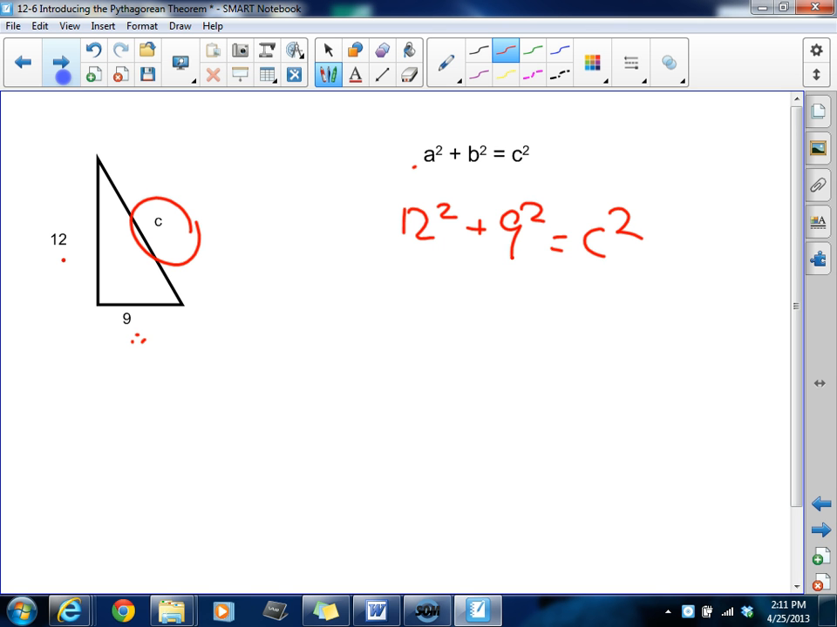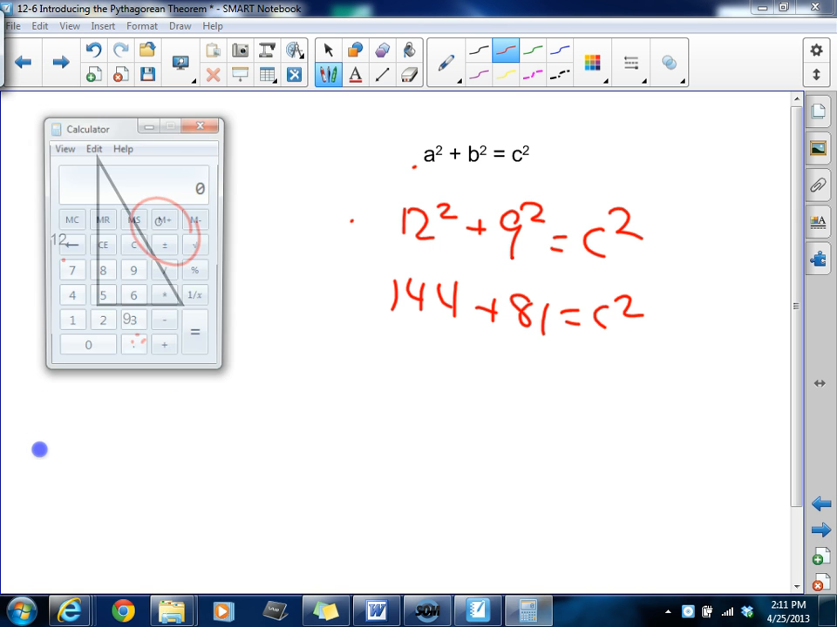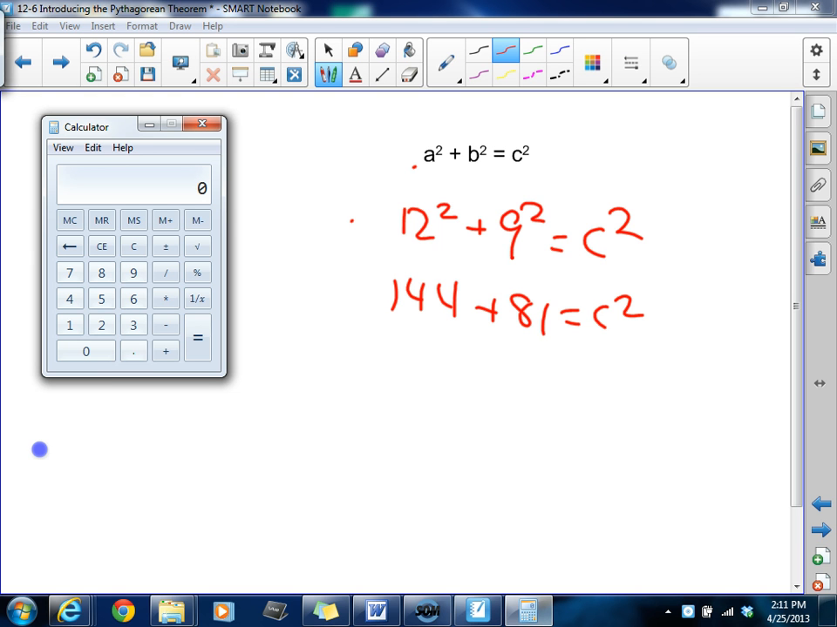Now we don't know what c squared is, so we're going to work on that. To find what c squared is, we simply need to solve this formula right here. So 12 squared is going to be 144, plus 9 squared is going to be 81, equals c squared. So 144 plus 81 is going to be, and you'll notice, I'm going to pull up my calculator on purpose. Yes, I know, we've been talking towards the end of school about how I don't want you to become dependent on a calculator, but calculators are very helpful. So 144 plus 81 is going to equal